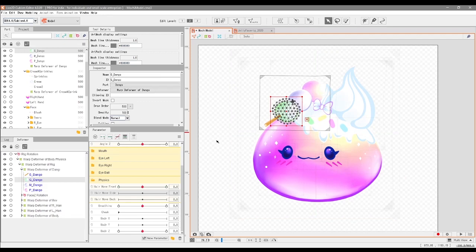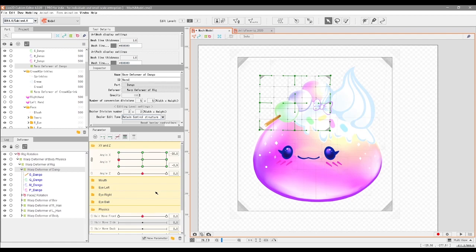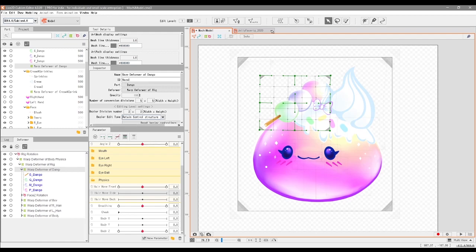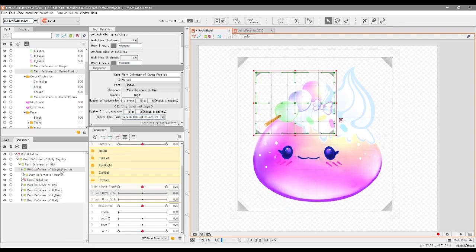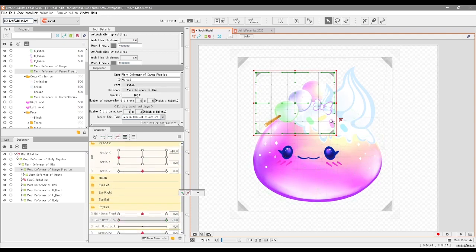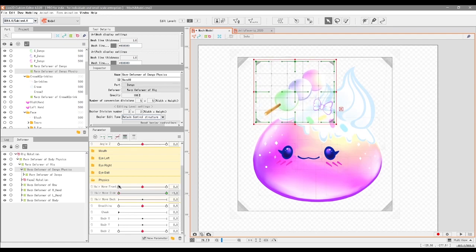Now, in the case of the dango, I've always really liked the idea of adding a bit of a bounce to the dango every time the character were to maybe look up or down. So I'm going to see if I can do that. Again, we're going to have to create a different deformer for this, for the physics. So we're going to call it dango physics. With this new deformer that we've created, I'm going to go ahead and create two keyforms. And what I want to do is change one of them so that the dango is raised upwards. So if we just raise it up like that, so it's above the head,